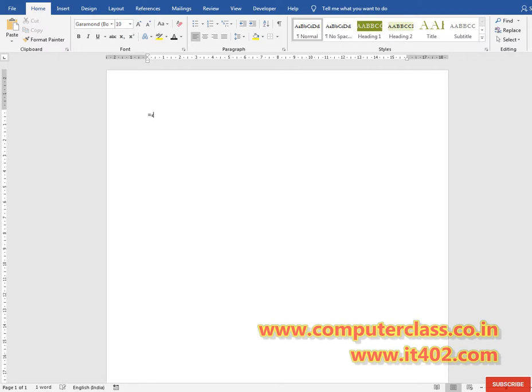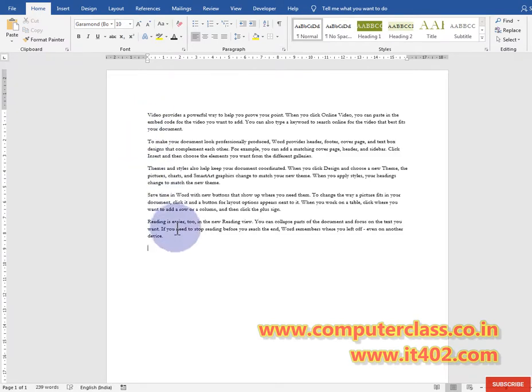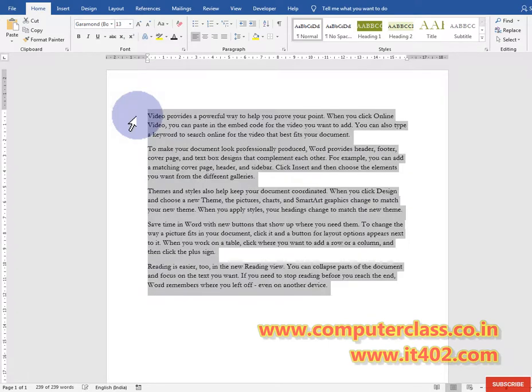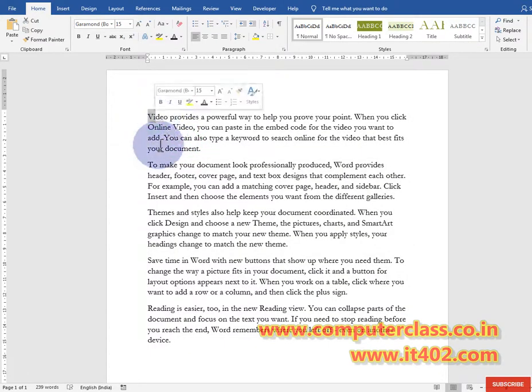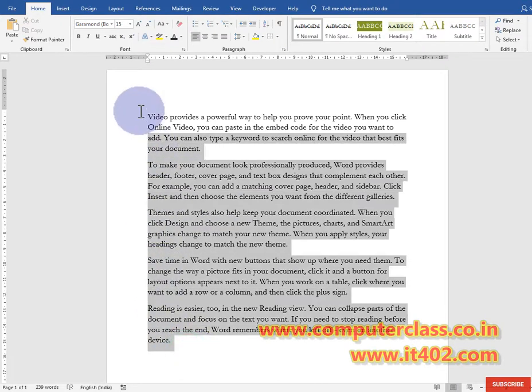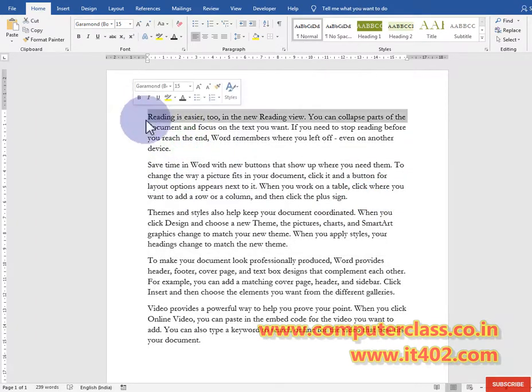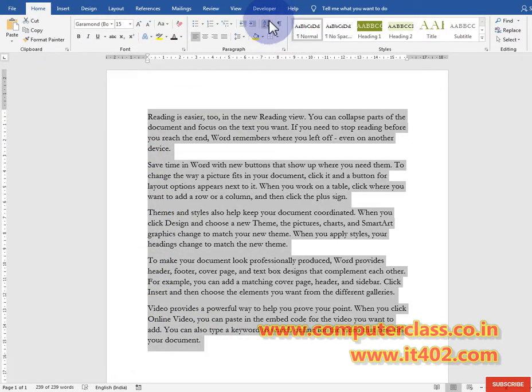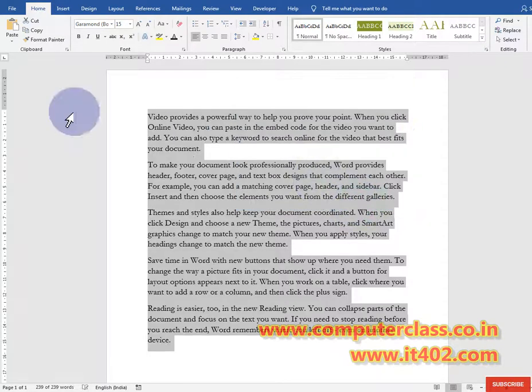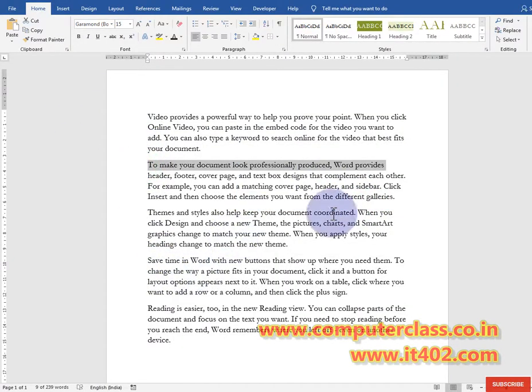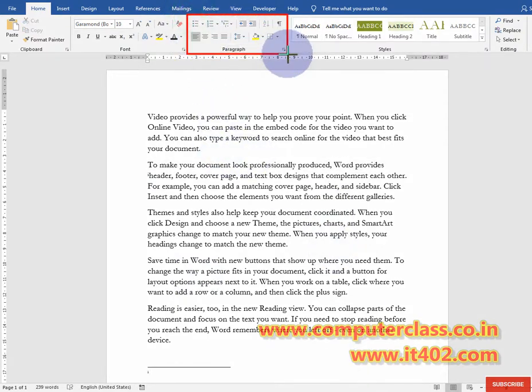We can also sort text by its alphabet. Suppose these are letters like V and T, and we want to arrange that paragraph alphabetically. So we click on ascending order, and click OK. Now we can see first R, then S, then T, then V, U. We can also arrange that particular paragraph in descending order, then it will come in descending order. So this was all about the paragraph group, and in the next video